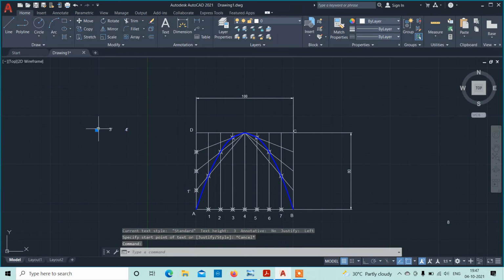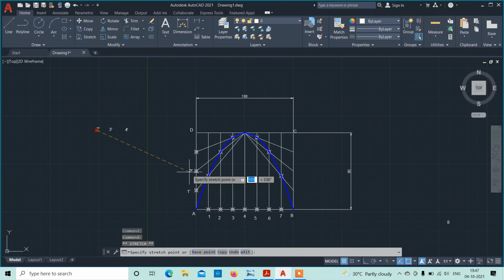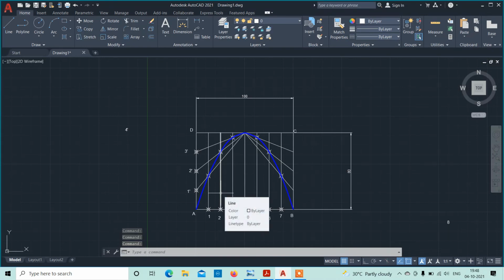Similarly 2 dash, 3 dash and 4 dash. 4 dash will come here, that one you can move here. Likewise you can give it to the right vertical side also, that is 5 dash, 6 dash, 7 dash. You can try by yourself.